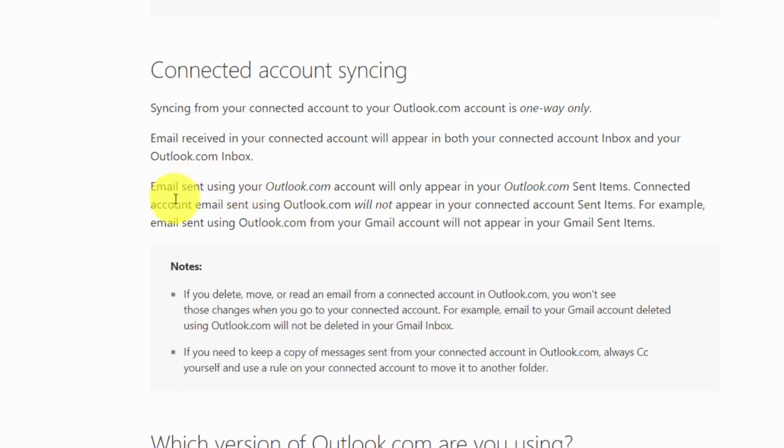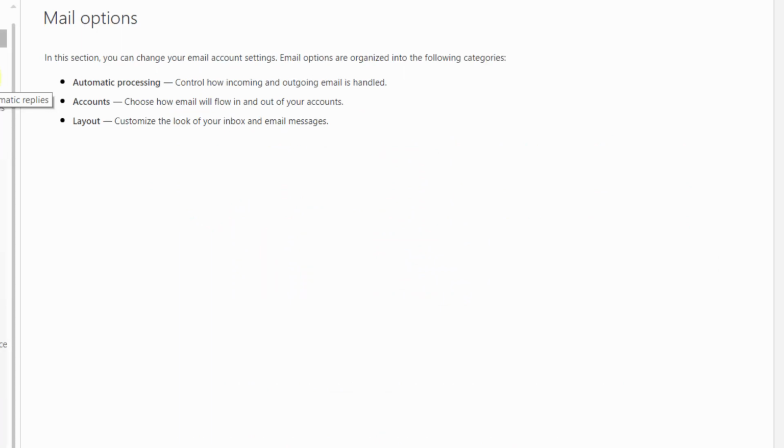So if you're looking to archive and you're looking to keep track of your email for business purposes, it may be a good idea to use Microsoft 365 if you have the choice to make. But the basic core operations are going to be the same. And so you'll want to keep this in mind to determine whether or not you're going to continue to use Outlook.com or whether or not you'll use Exchange at